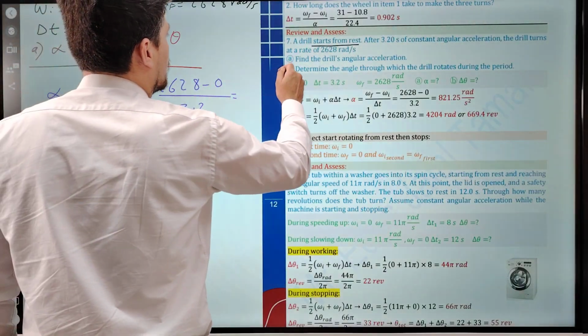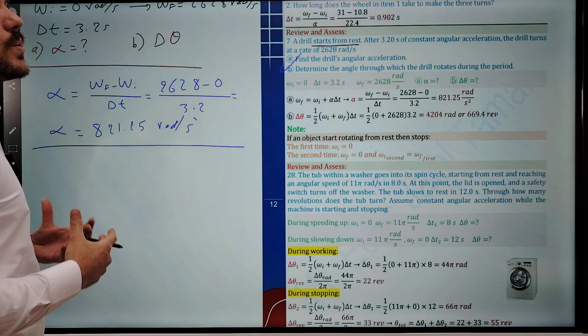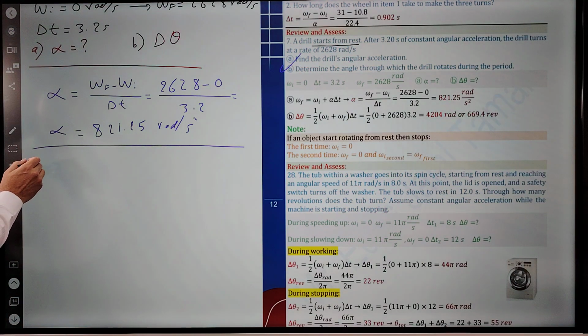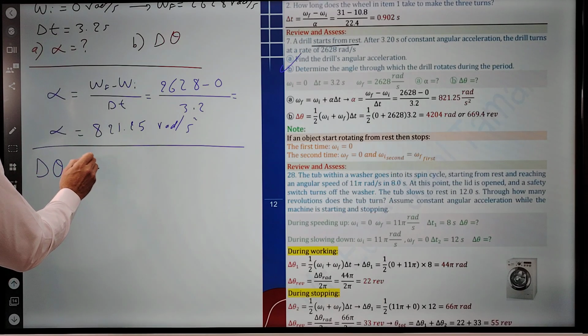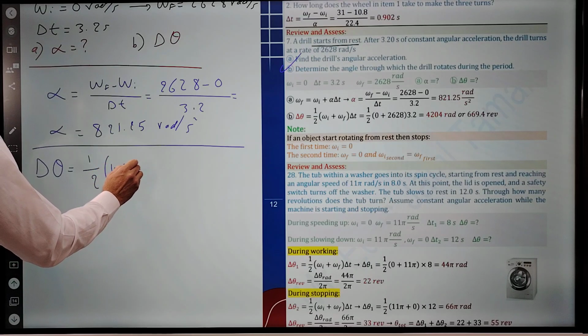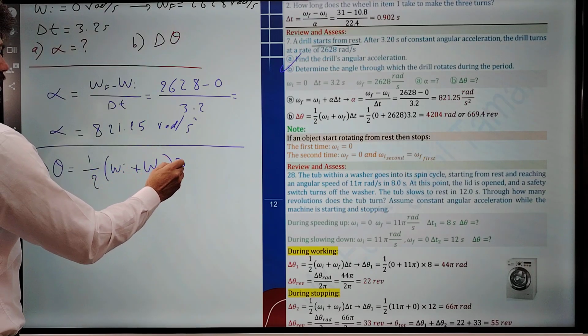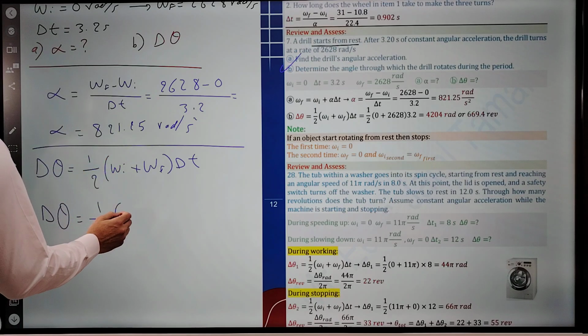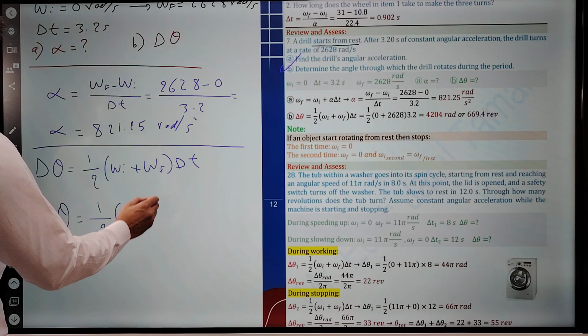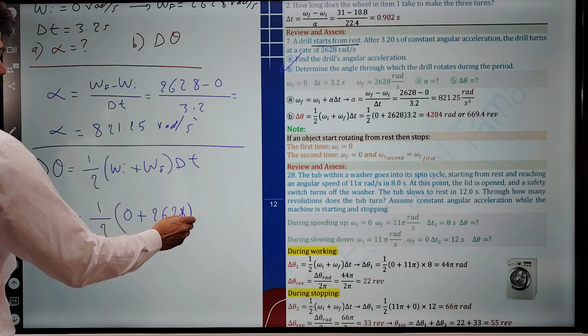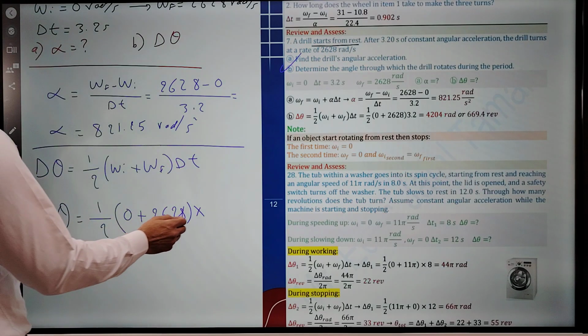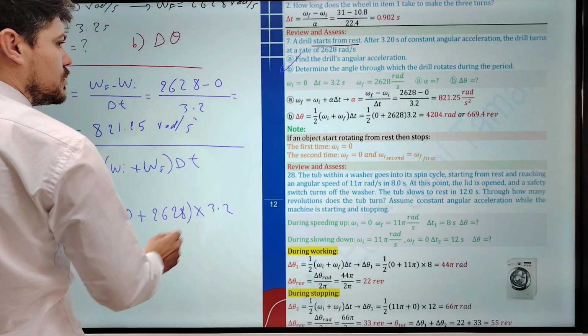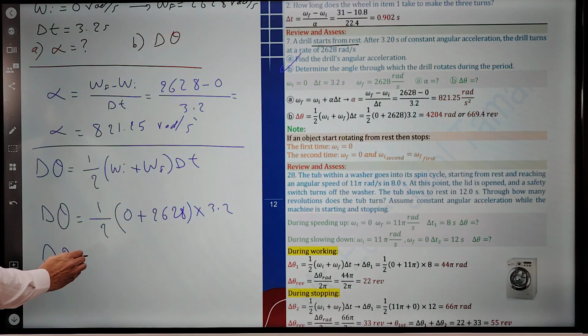Branch B, what is unknown? The angle through which the drill rotates during this period. To find the angle theta, we have to use this equation: one half times omega initial plus omega final times delta t. So you can replace. Do we have omega initial? Yes, it was given. Start from rest. Final is 2,628, times delta t, also given, equal to 3.2, which is equal to theta